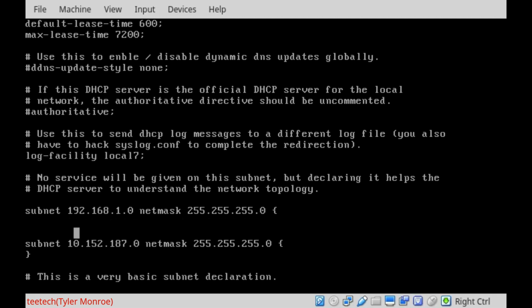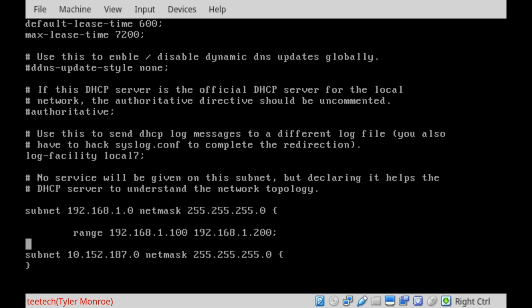And tab in, and we're going to type range. This tells the DHCP server what addresses within this subnet it's allowed to lease out to clients. Ours will be 192.168.1.100 through 192.168.1.200. End it with a semicolon, enter down and tab over, and we'll say option routers space